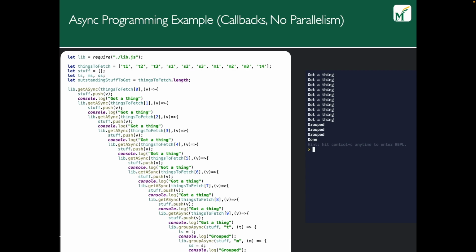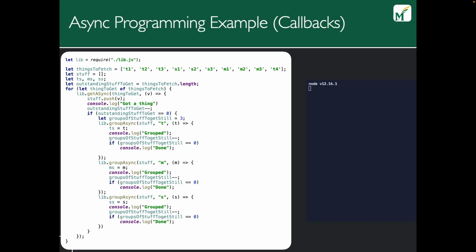This is a way that we can use asynchronous programming and coordinate things effectively, right? This did what we wanted to do. We got all the things before they were grouped, before we printed out the end message, but it's not any faster. It works exactly the same way as the code we had before, but now it's impossible to read. So let's take a look at how we can actually do this